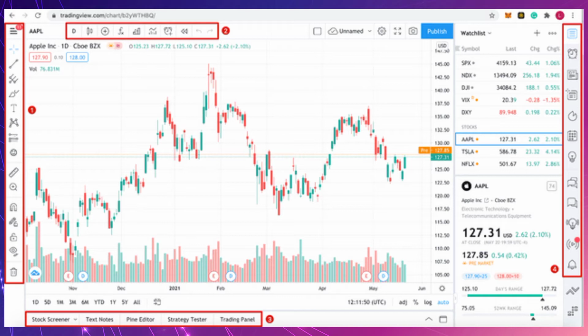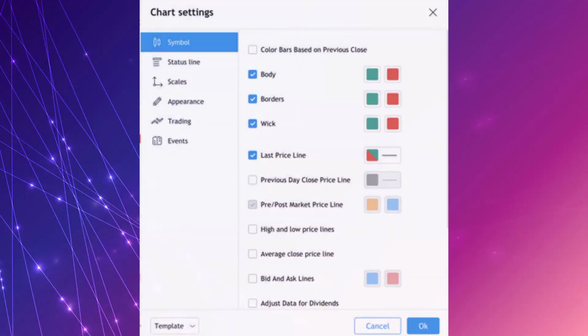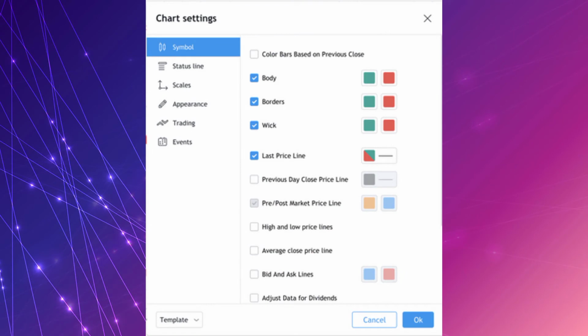How can you personalize your TradingView charts? Everyone has their preferences when it comes to chart layout. Customizing colors, lines and axes makes it easier to read and understand your graphic quickly. You can find all the options you will need by right-clicking the graph area and clicking settings. Once you have clicked settings, you will find yourself in the window where you can play with a range of options. Let's quickly go through the basics.